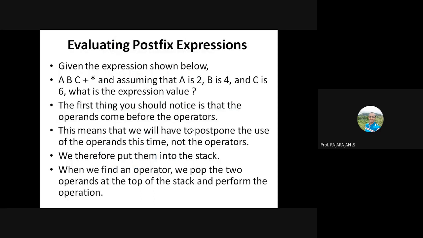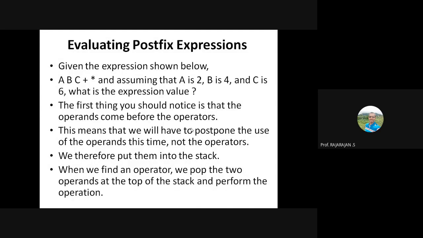Given an expression like ABC plus asterisk, we are also given the values for A, B, and C. Assume that it is a program where the variables A, B, C are either assigned values or given as user input. So we know the values of A, B, C. Then how do we apply those values and find out the result? That is actually the task of evaluating expressions.